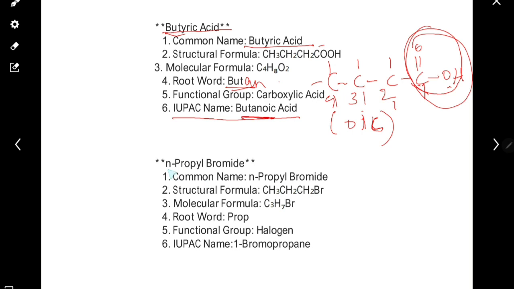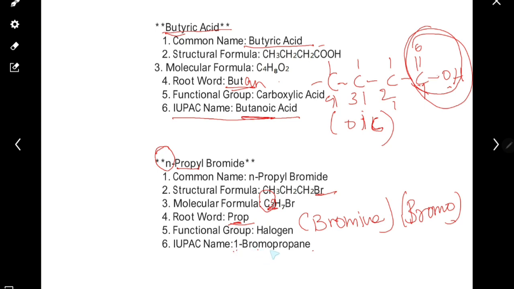Moving on to the next one, we have N-propyl bromide. Again, N indicates it is the first position. Propyl is C3H7 and bromide is Br. So bromine becomes bromo, the functional group attached. So you have here 1-bromopropane. The root word will be propane. So 1-bromopropane. I hope children, you all have understood, and I will be coming up with some other examples,